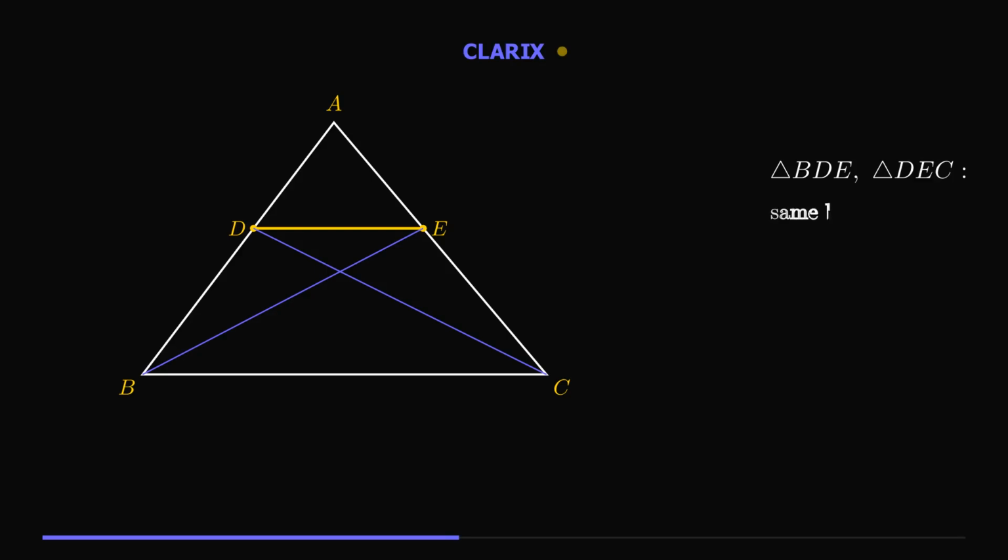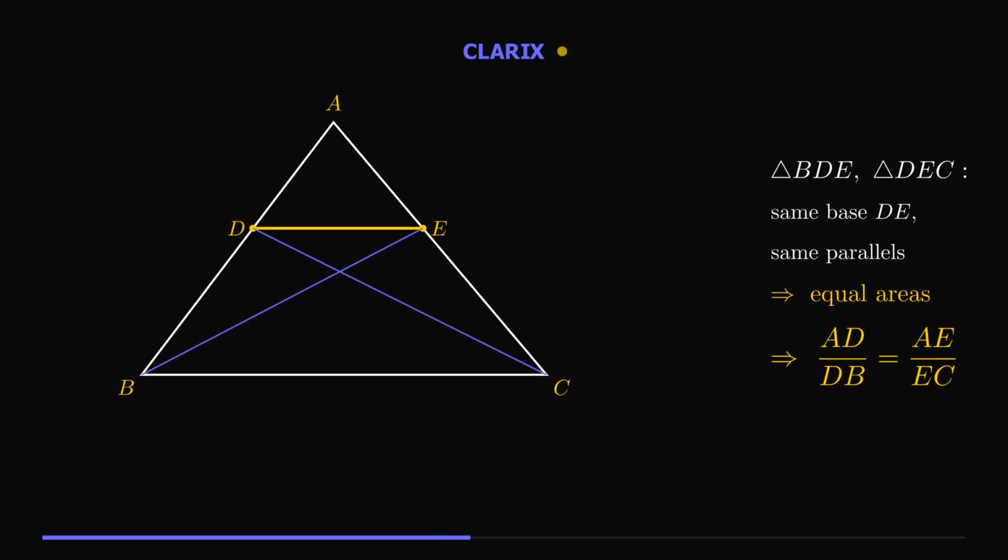A slick area argument. Join BE and CD to make two small triangles, BDE and DEC. They sit on the same base, DE, and between the same pair of parallel lines, DE and BC, so they have equal areas. Now compare each with triangle ADE. The ratio of the areas ADE to BDE works out to AD over DB, and the ratio ADE to DEC works out to AE over EC. Since BDE and DEC have equal areas, those two ratios must be equal,